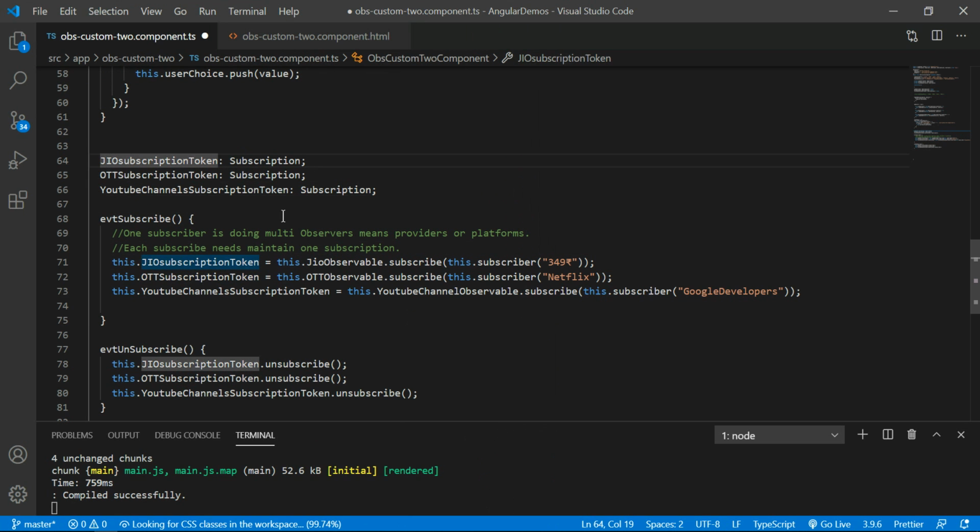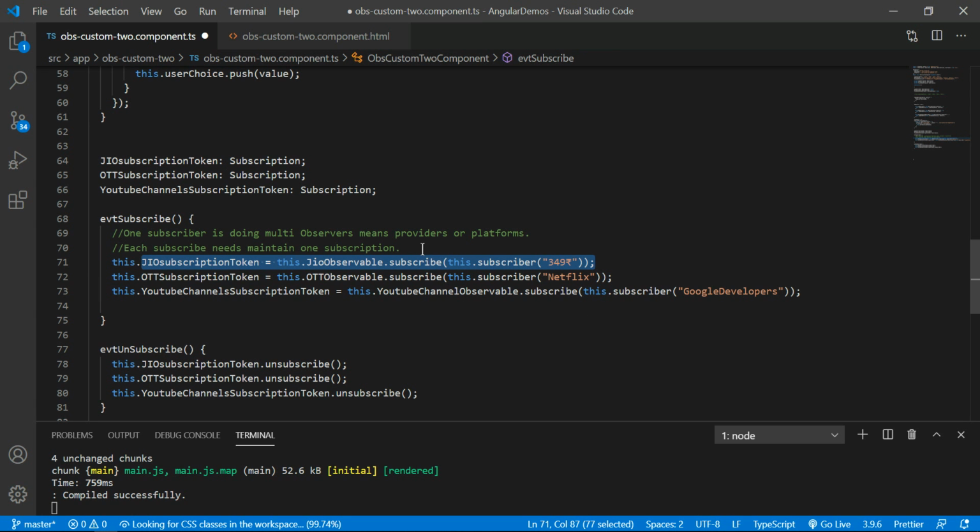What is the necessity of the subscription? If you don't want this subscription for some period of time, then at that time you have to unsubscribe, right? For that reason only I am using this subscription. We can write the code without this logic also. This just indicates that if you want to unsubscribe for a particular period of time, you have to take the subscription. Each subscription contains a different observable.